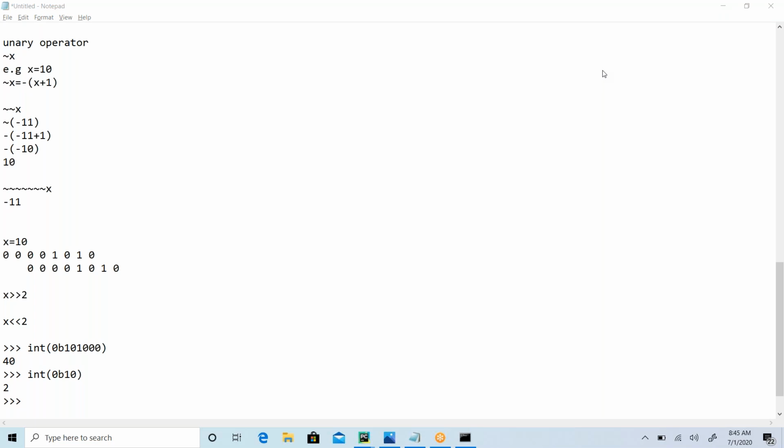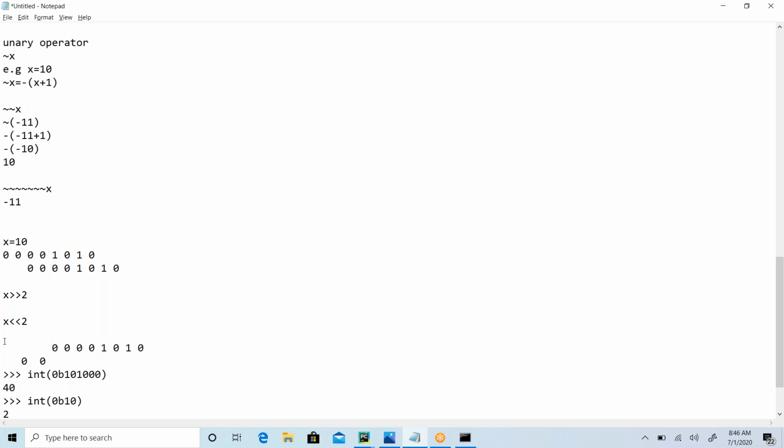Can you explain the left shift operator once again? Yeah, sure. Take the same value here. If you are working with the left shift, what will happen? It is going to move the bits towards its left. Meaning that this time I'm going to get something like this. The 0 comes to here, another 0 comes to here.